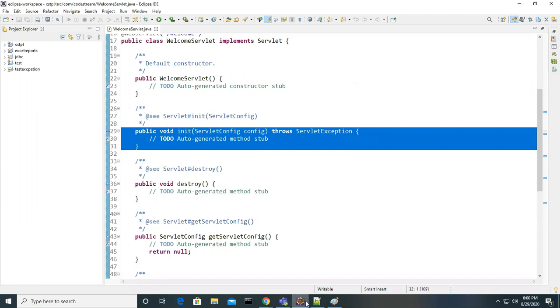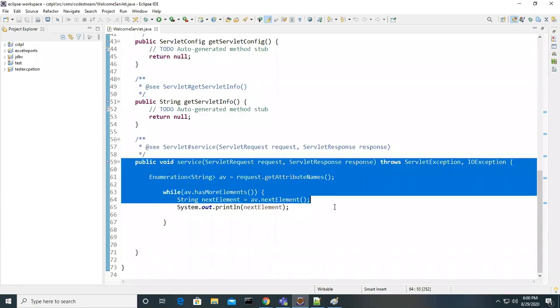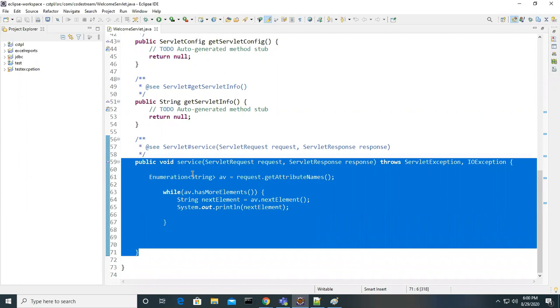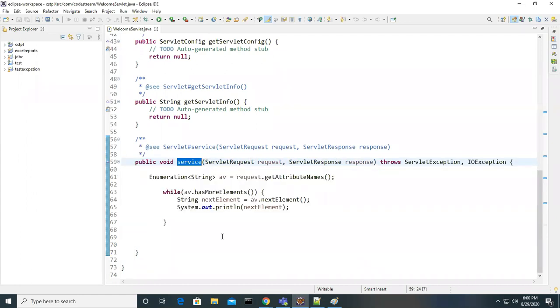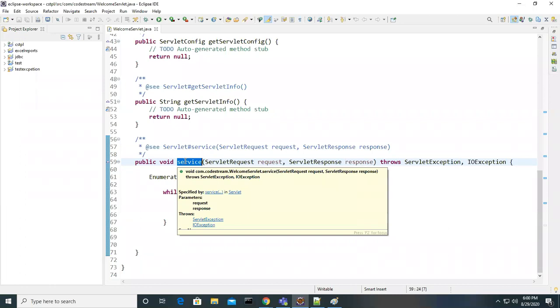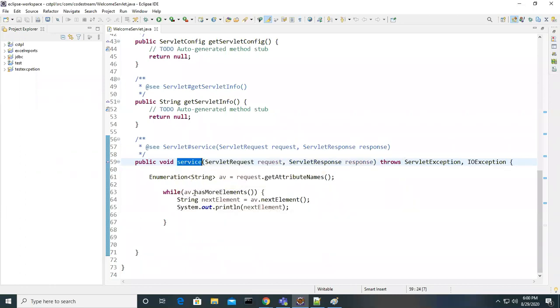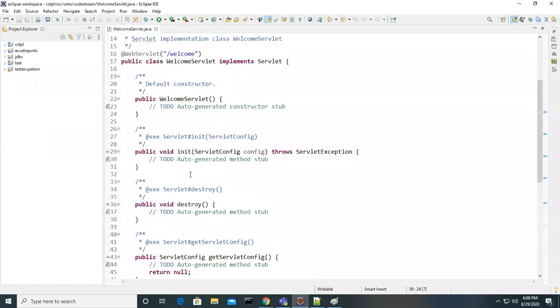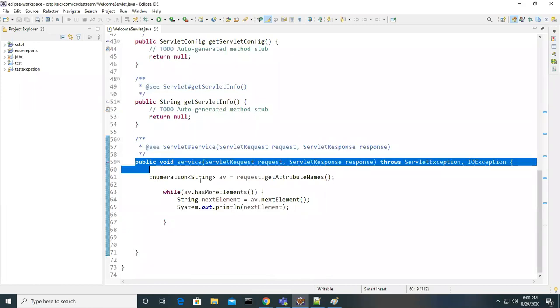And from the next time onwards, which method will it call, guys? It will immediately call the service method. So that is the first time. The second time, if I send the same request to the same servlet, it will check whether the object is already created. First it checks which servlet the URL pattern maps to, and picks that class. If an object is already created for that class, the server is not going to create it again, and it won't call the init method again. From the second time onwards, it always calls the service method.